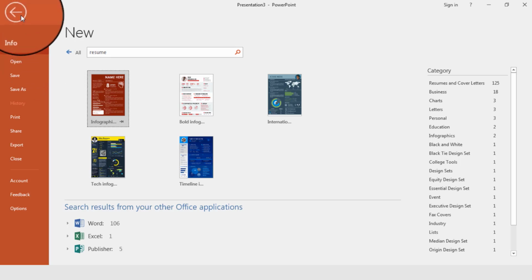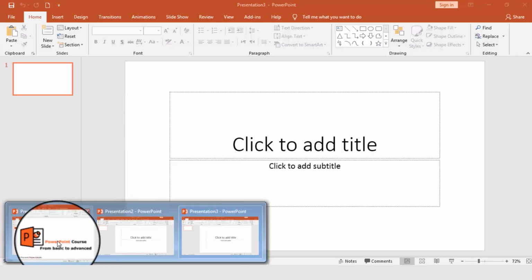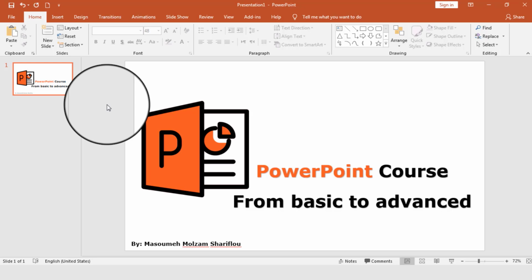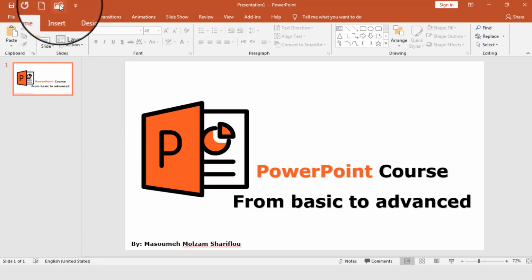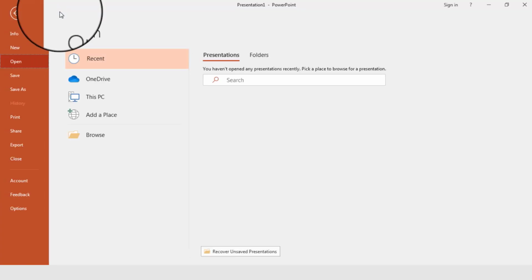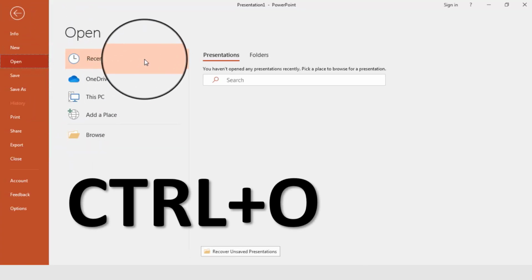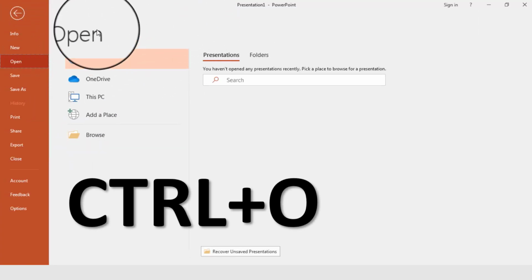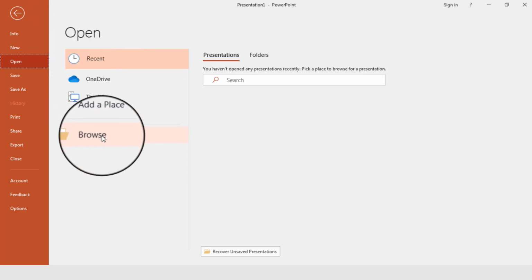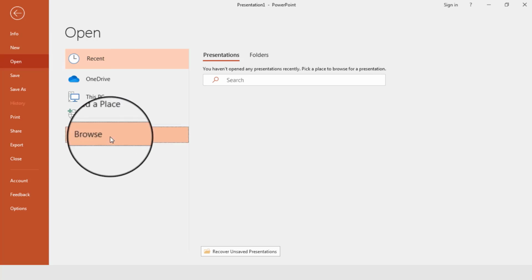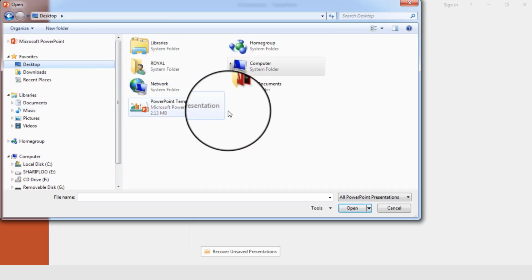Another thing which is simple but repetitive is opening PowerPoint documents. That is called open. For doing this, if you activated the tool in the toolbar, here you can click on this icon or use the shortcut Ctrl O. If you click on this icon, you will be transferred to the file menu in the open section, and as I explained